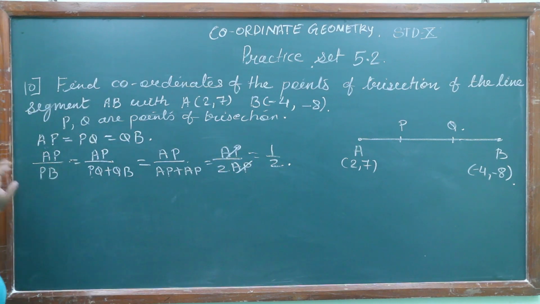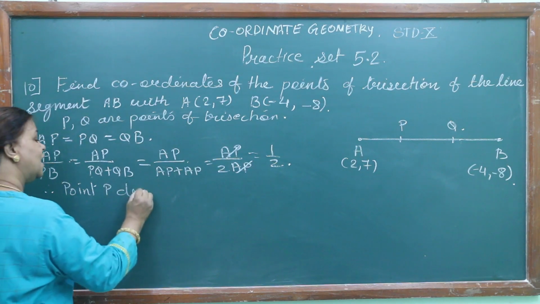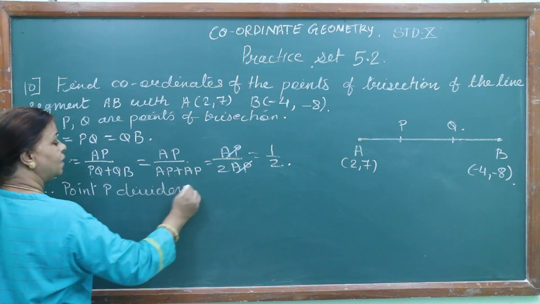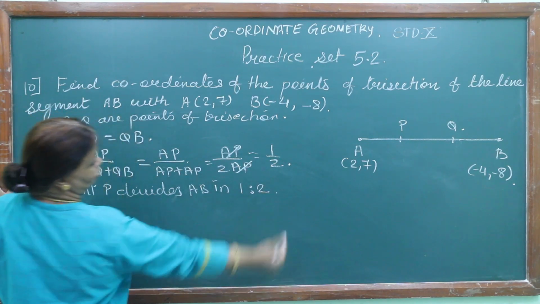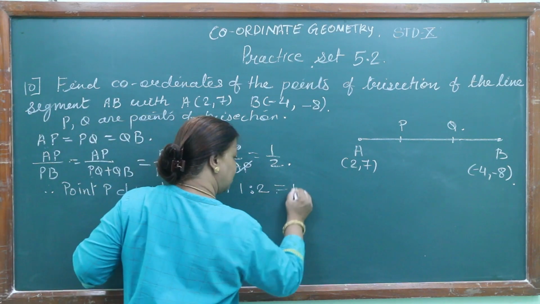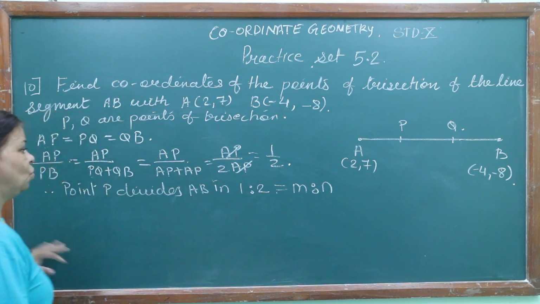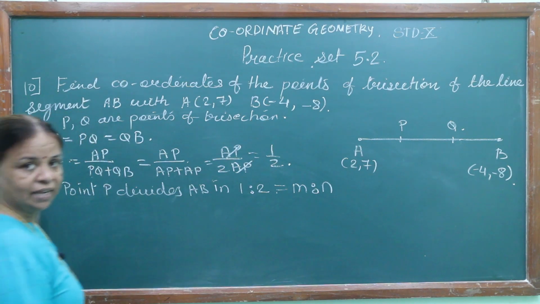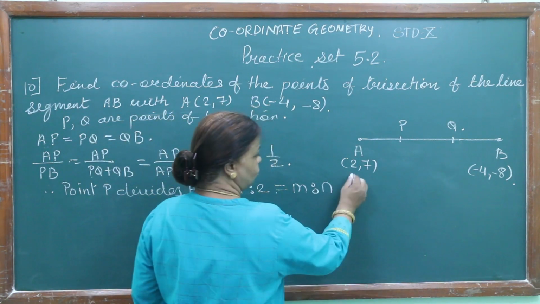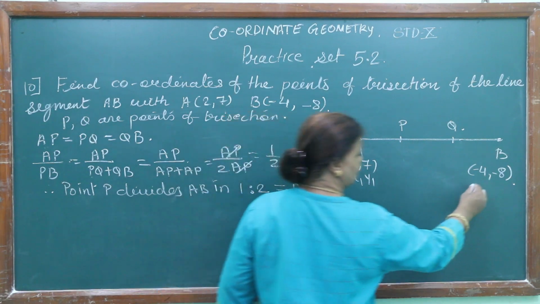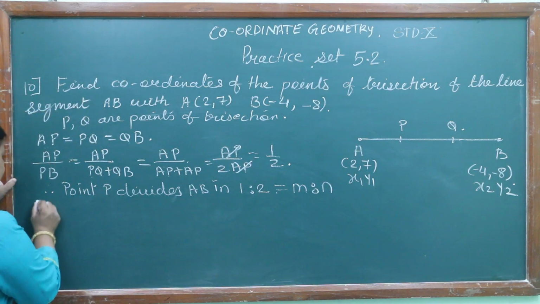Therefore point P divides line AB in the ratio 1:2, which is equal to m is to n. So m is 1, n is 2. When any point is dividing the line in any ratio, we have to use the section formula. So for that we will take this as x1, y1, and this as x2, y2. So by the section formula, children,